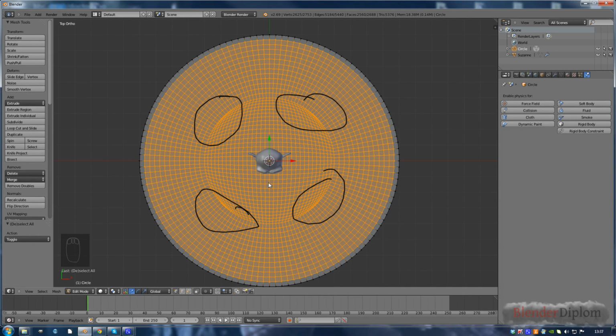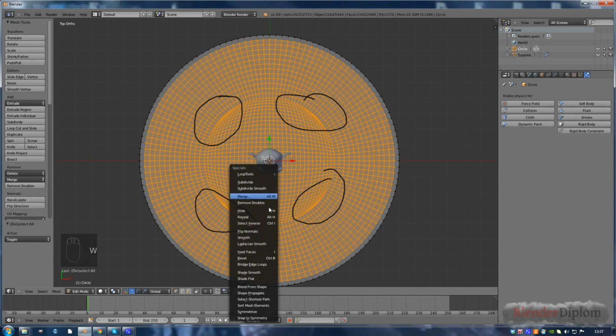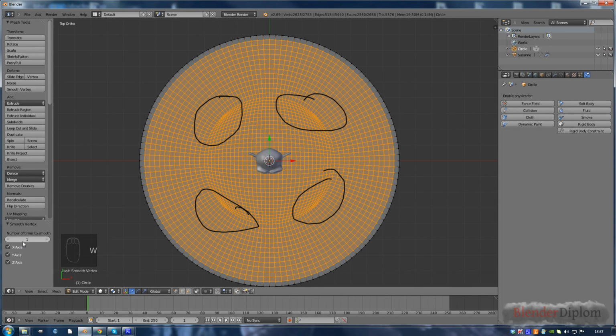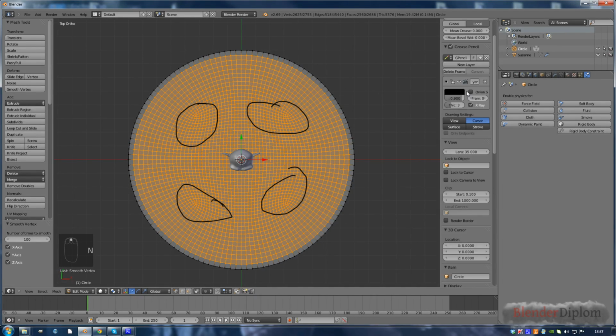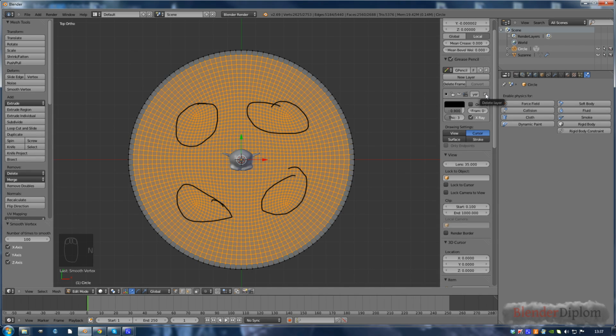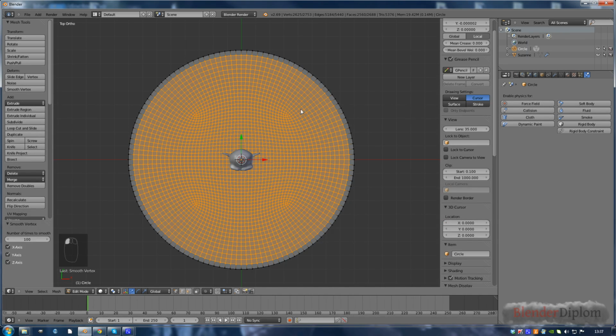So I push W, go to smooth, and set the smooth volume to 100, and the itchy stuff is gone. And now I will simply delete the painting,